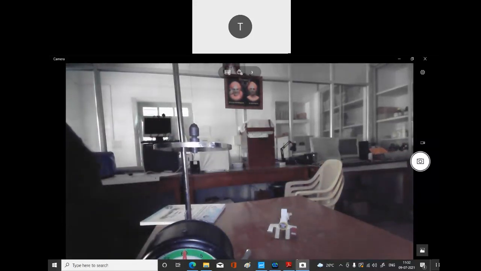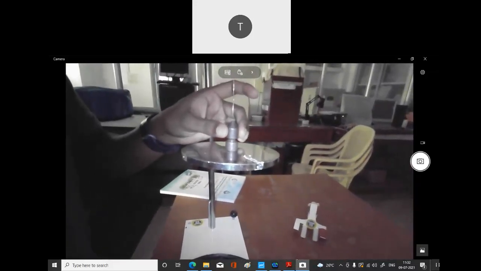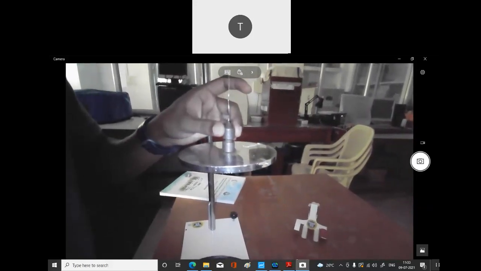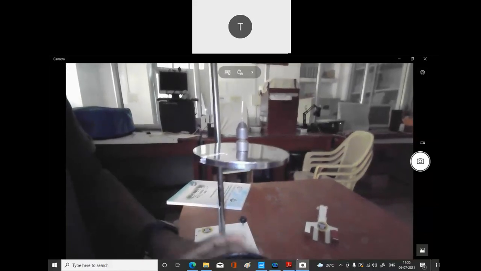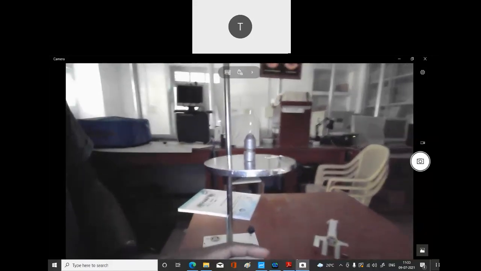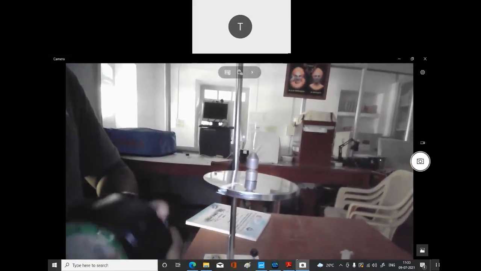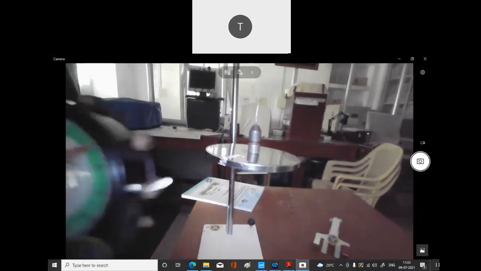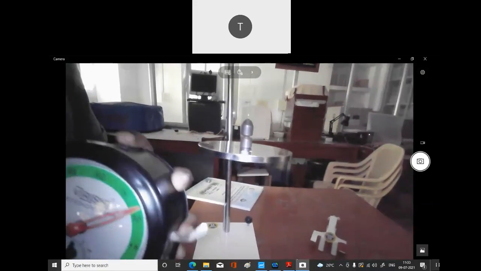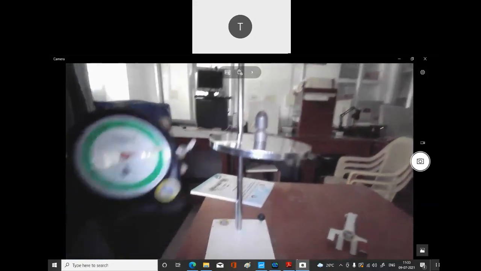Initially, as I explained, this is your starting point. I am going to twist it like that and then leave it. You can see it is going from B dash to B to B dash. I will take the clock and start it when it comes to B double dash. So I started at B double dash, that is zero, then one oscillation.